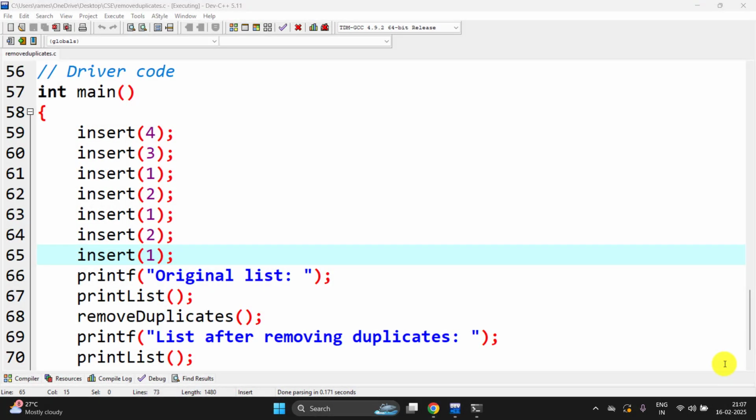Hello all, in this particular video we will see how to remove duplicate elements in a single linked list. For this purpose we are adding some elements by using the insert at beginning function. So I'm adding 4 3 1 2 1 2 1. As you can see here, there are some duplicate elements, and we are printing the original list,